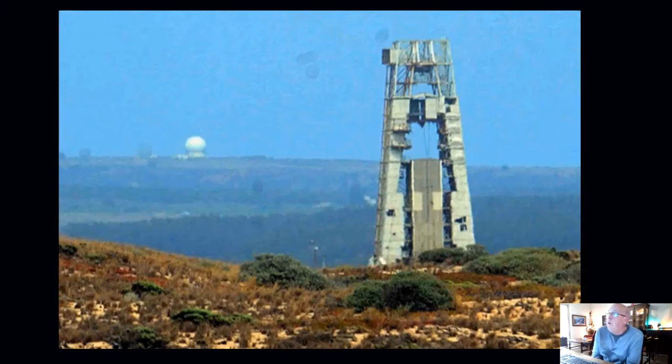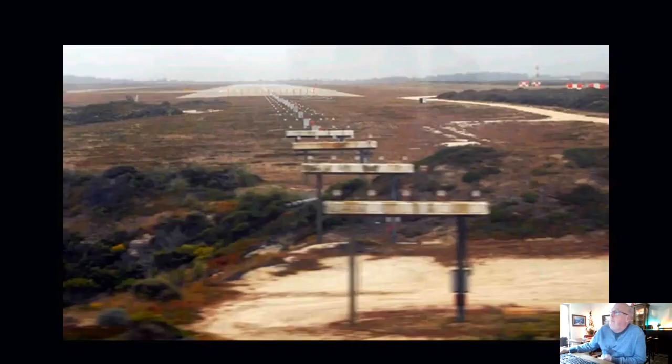obviously on the Vandenberg Air Force Base area. This is up on North Base, a very old A-frame rocket stand that hasn't been used for decades. One of the first ones, I'm sure, used I don't know how many decades ago. All these shots were taken from the train. I've not been out there on foot or by car to get any closer or any better shots, but it's pretty cool that you can see this stuff just on a train ride,